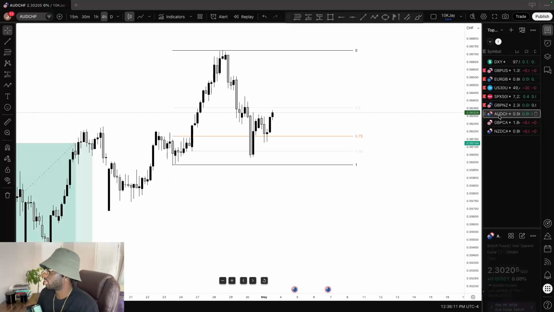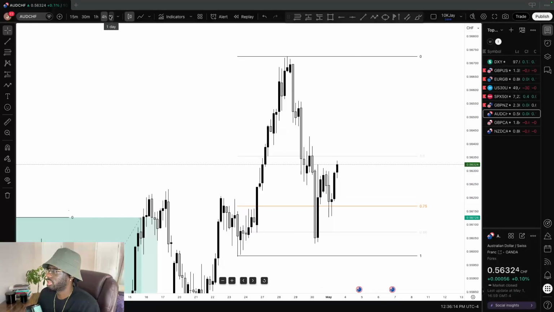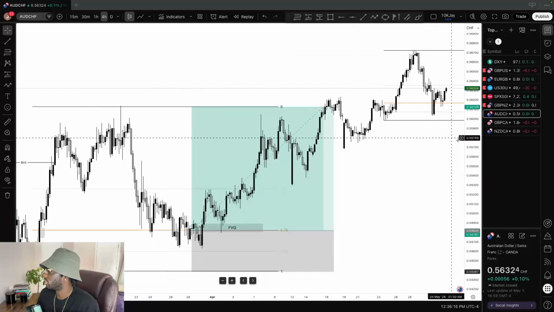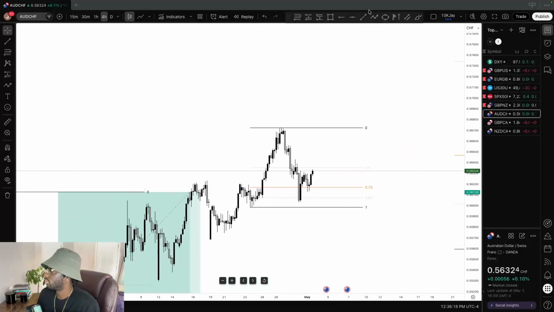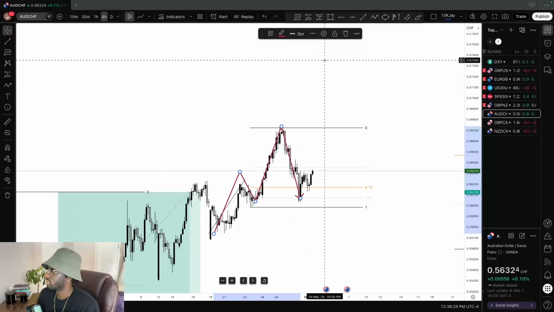These other ones here, pretty solid. Not my favorite, but AUDCHF. Have a nice trend right here. Have a nice trend. Break. What I'm gonna do with this,